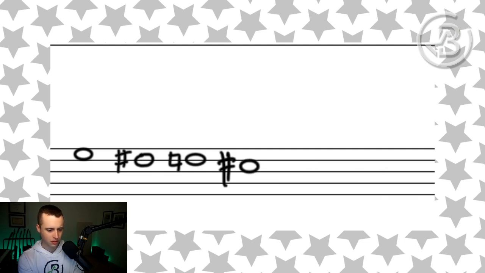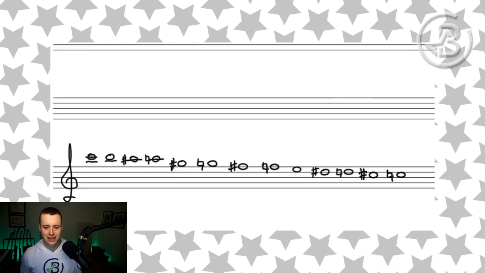That sharp's a little kooky there. Let's fix that. There we go. Down a half step to C sharp, and then let's finish on C natural. There you go. Descending and ascending C chromatic scale using sharps and flats, and you do the same exact thing